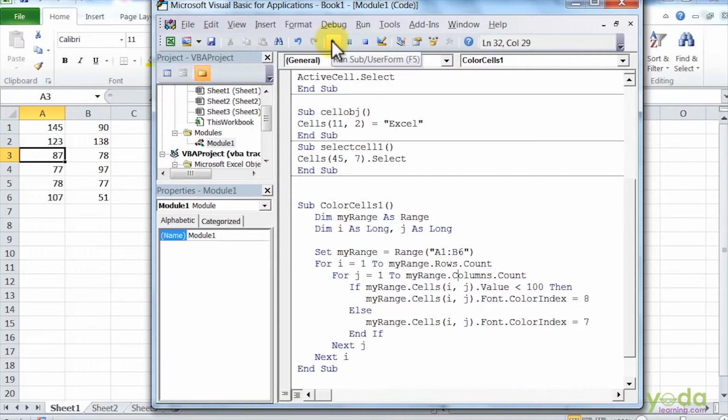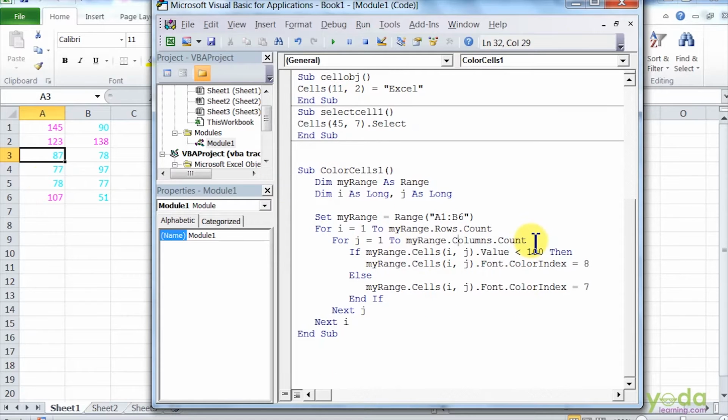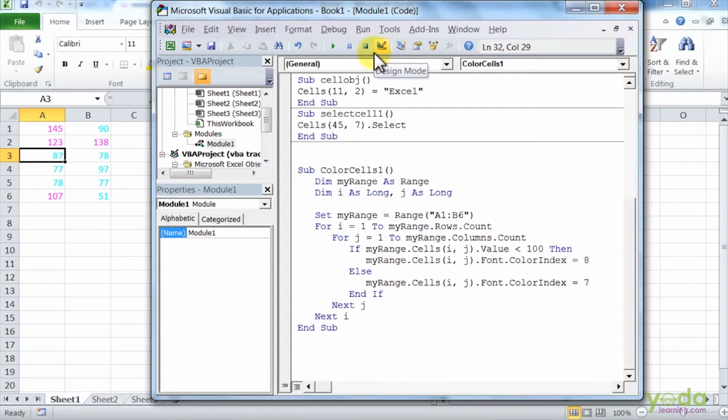So I'll execute this code now. So if you see, the color of the values has changed according to the code. So these were the examples where you can work with the cell objects. There are a few more examples. I will keep on executing as and when I move on with my videos. By that time, you can practice this.